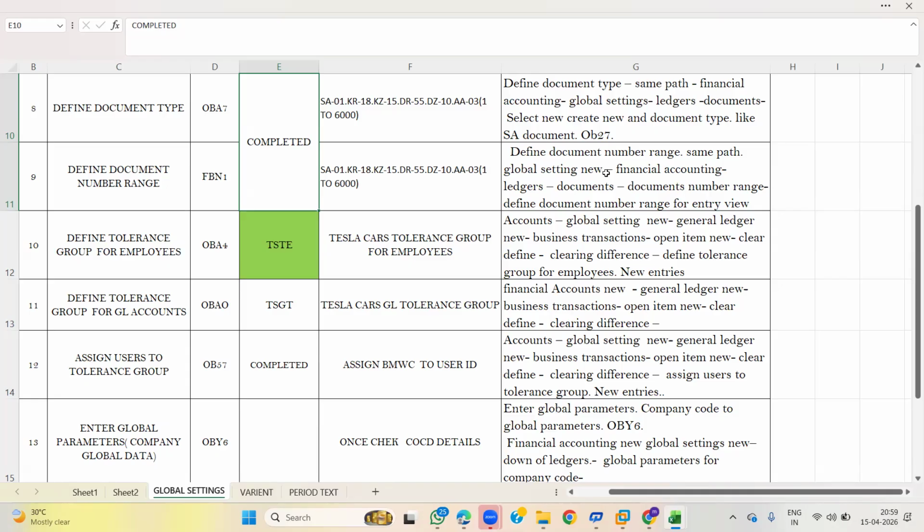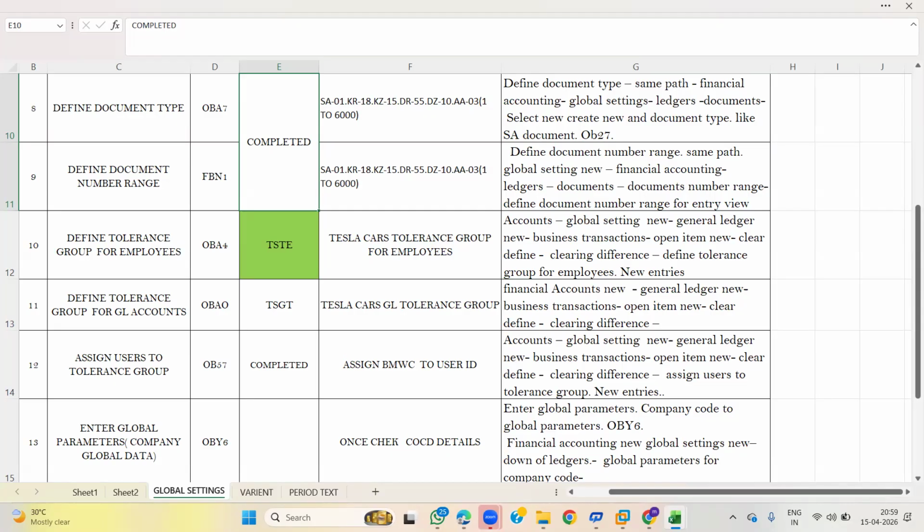Fiscal year variant is nothing but a two-digit alphanumeric key, which specifies the maximum number of posting periods and the maximum number of special periods we have. We have 12 normal posting periods and 4 special periods.